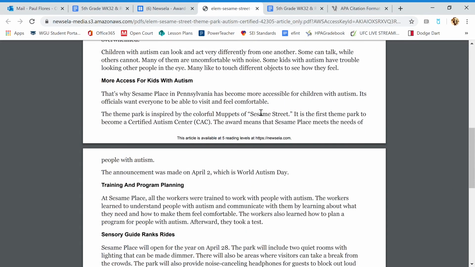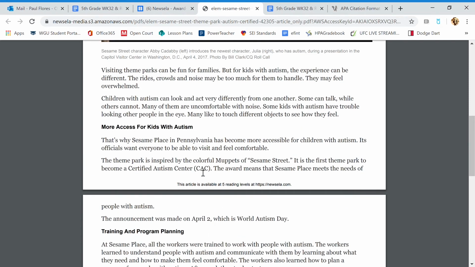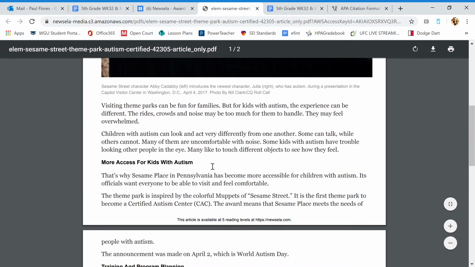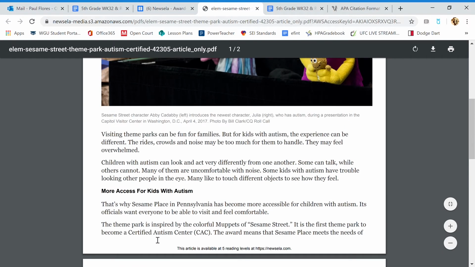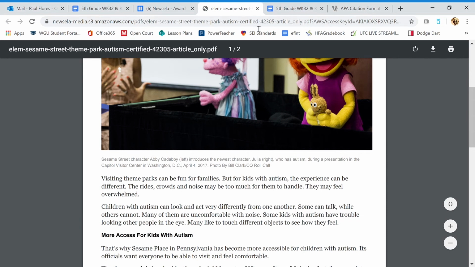So I'm scrolling up, look for capitals. Here we are, CAC, Certified Autism Center. Oh, this is like a group about autism. So it's another resource there. And then I could go and Google the CAC and learn more about them, right? And then it also says